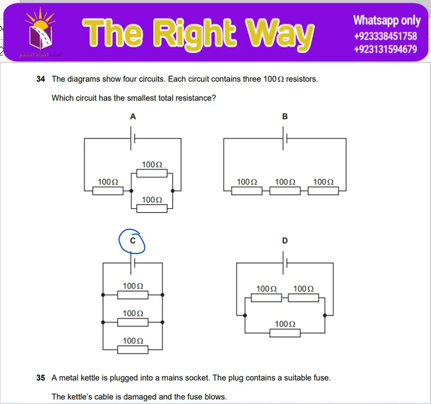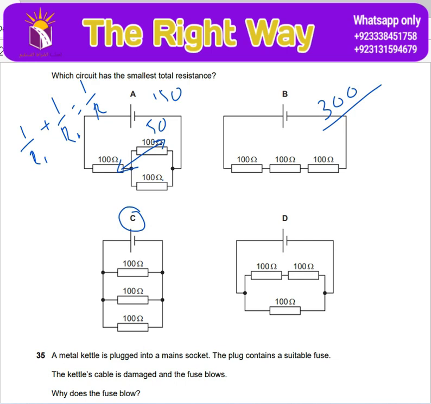If you have to calculate it, then 100 parallel with 100 will become 50 and total resistance becomes 150. In series we add them, and in parallel we use the formula 1 over R1 plus 1 over R2 is equal to 1 over R. Here the total resistance will be 300 ohm. They are all in series, so 100 plus 100 plus 100 is equal to 300. Here we are going to calculate 1 over 100 plus 1 over 100 plus 1 over 100, which gives 100 divided by 3 and which is equal to